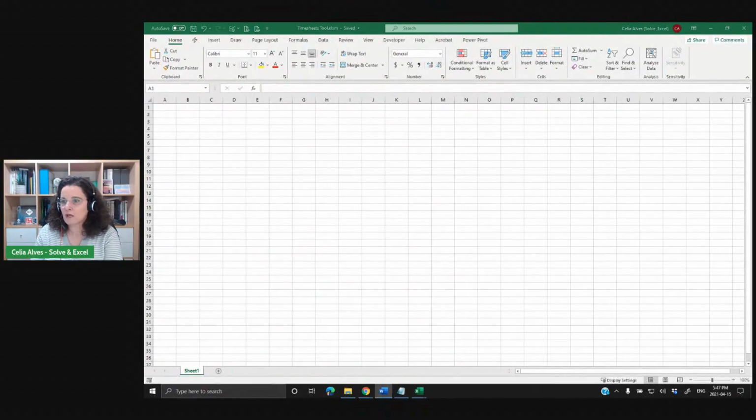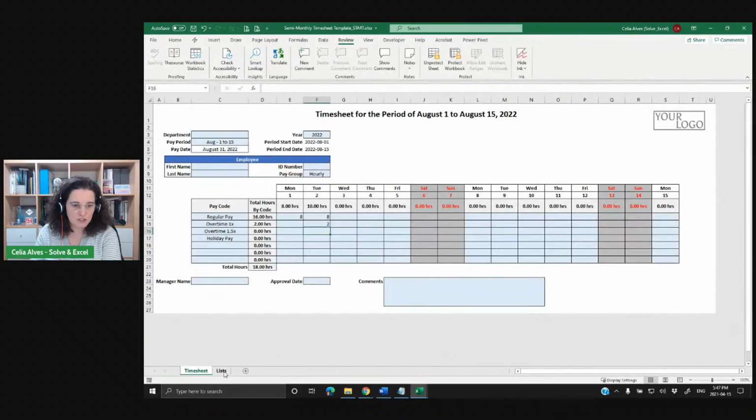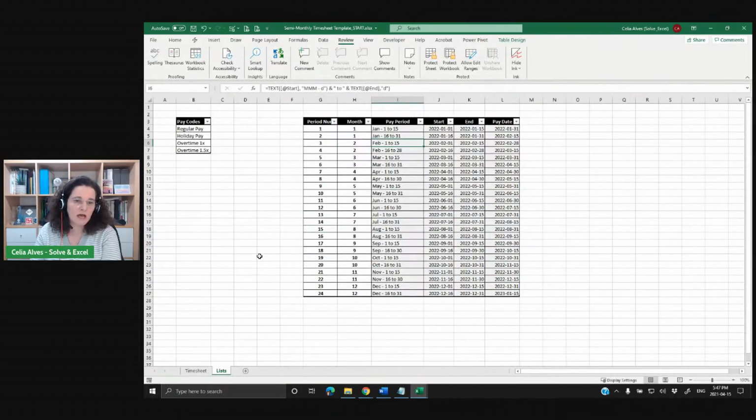timesheet here. And the first thing I will do is I will copy the sheet that we have in the timesheet template, this lists sheet. I will need this for my tool. In this case, we have several columns. We won't need all the columns. We will see that in just a minute. In fact, I will just need the pay period and the pay period number and month. I will not need the dates, at least for the process that I imagine that I will be teaching you